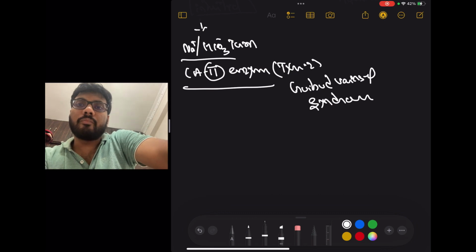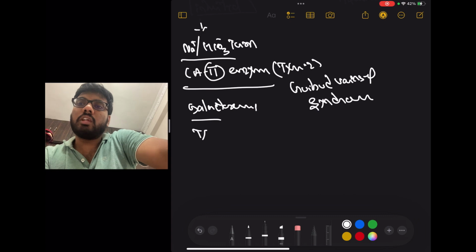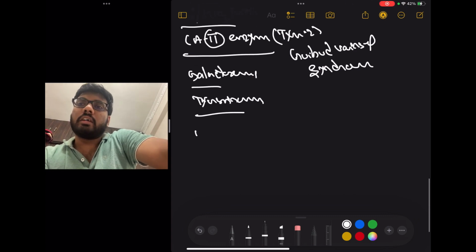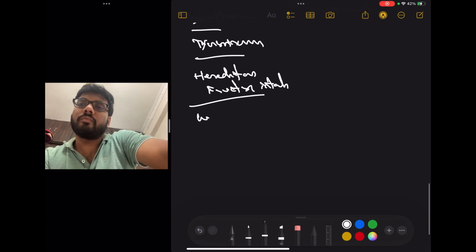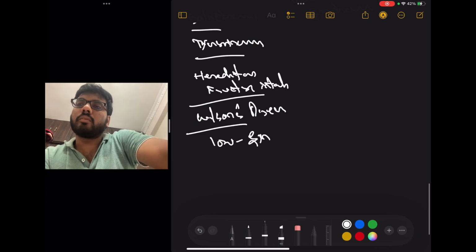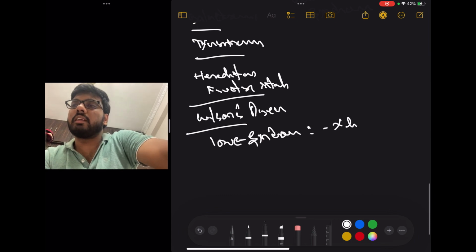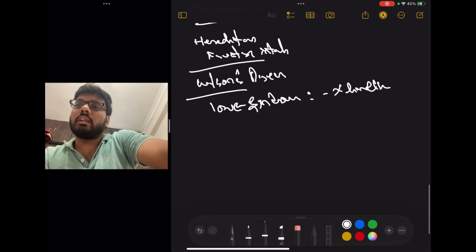It could also be due to galactosemia, tyrosinemia, hereditary fructose intolerance, Wilson's disease, Lowe syndrome. Remember what is the inheritance of this Lowe syndrome? It is an X-linked inheritance, right? It is also called as